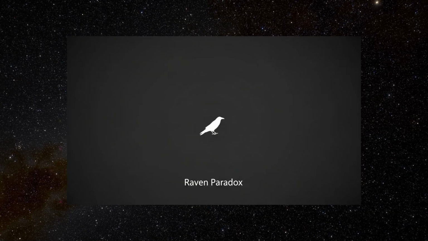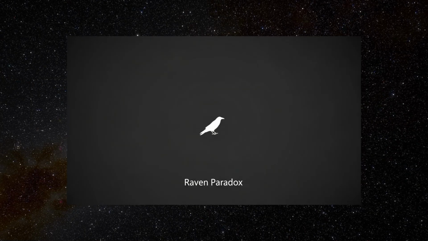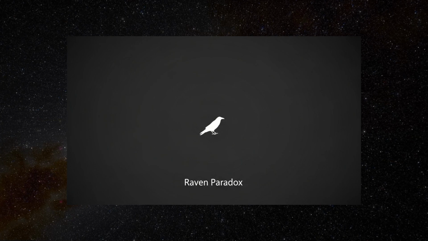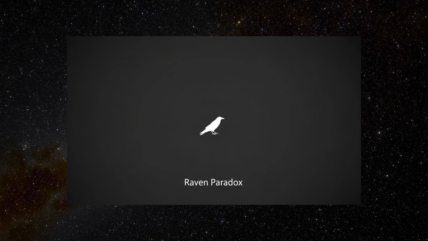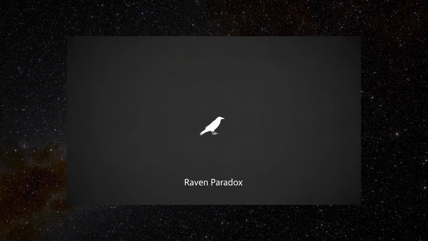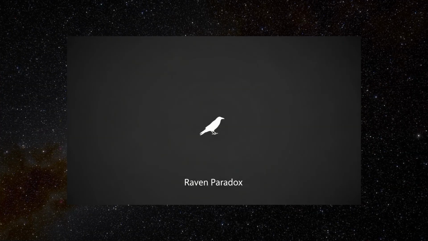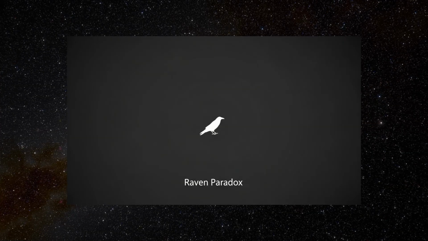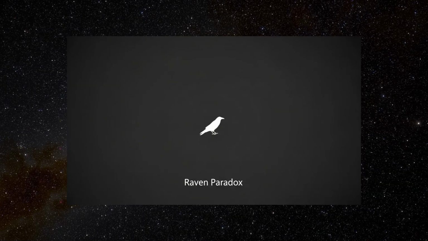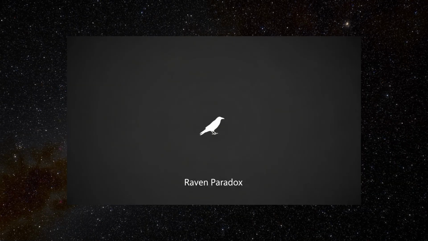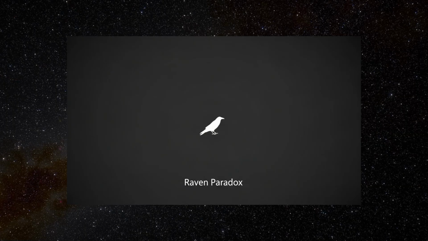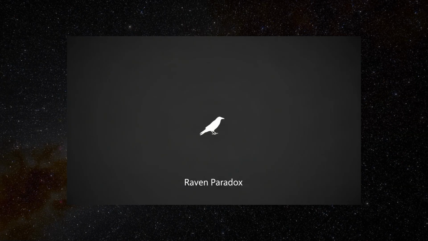Therefore, according to strict logic, observing a green apple, a non-black thing that is not a raven, should also count as evidence supporting the claim that all ravens are black. And that's where the paradox emerges. Intuitively, it seems absurd to say that noticing a green apple tells us anything meaningful about the color of ravens.